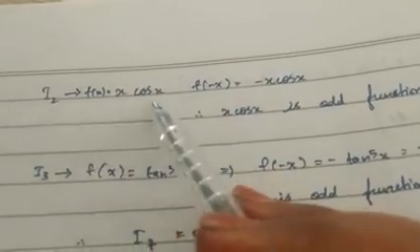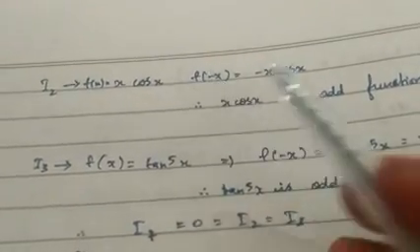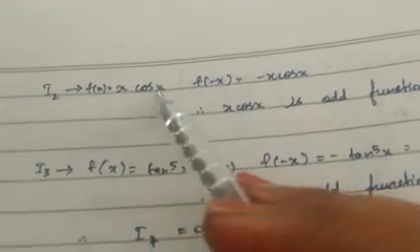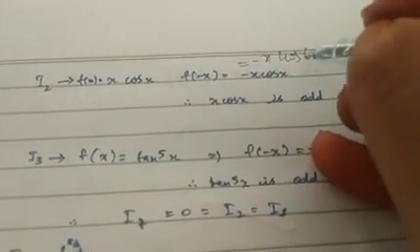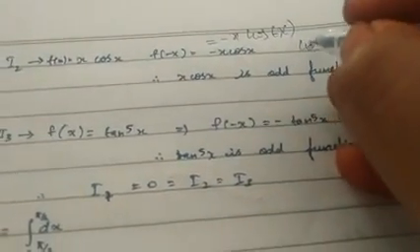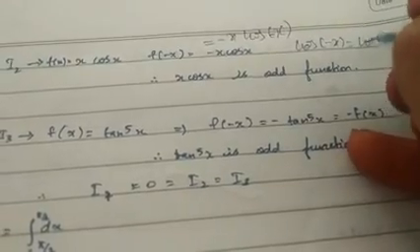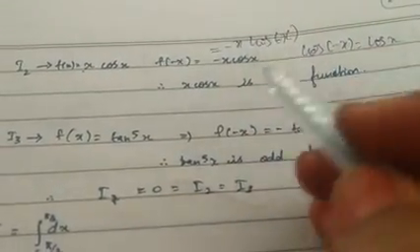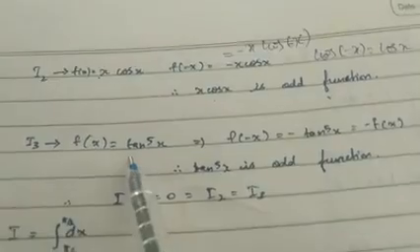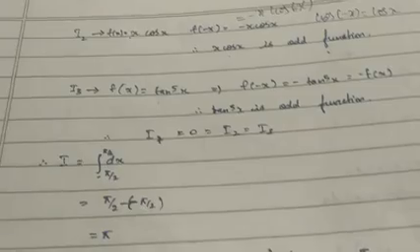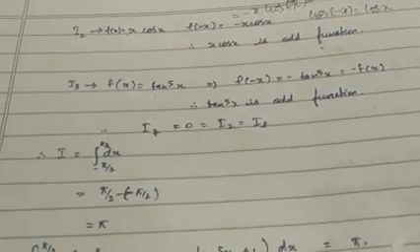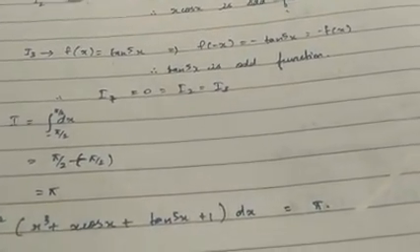And for the second integral, let us assume f of x is equal to x cos x. In the place of x, substitute minus x. Therefore you will get minus x cos of minus x. Cos of minus x is nothing but cos x. Therefore you will be getting minus x cos x. Therefore it is an odd function. Tan power 5 x, as I told, is an odd function. Therefore this last one alone you need to integrate and write. Integral of dx is nothing but x. So after that apply the upper limit and lower limit.